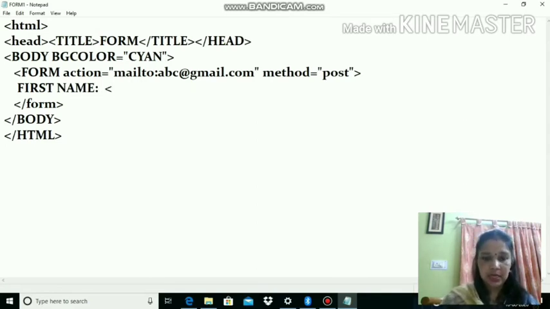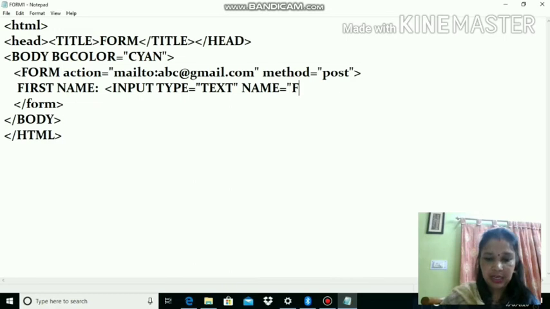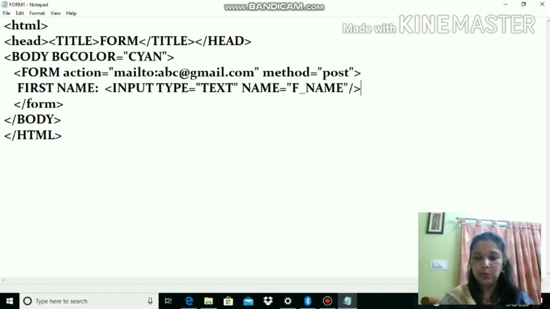So I'll use here the input tag, and one attribute of the input tag is type. What type am I going to take? It will be a text box. So I am writing type equals to text, and name is optional, but make it a habit to give name equals to, I am writing its name as fname, and after this put a forward slash and close it. So text control 1 has been created. After this I want 2 line breaks, so I'll be using br tag twice.